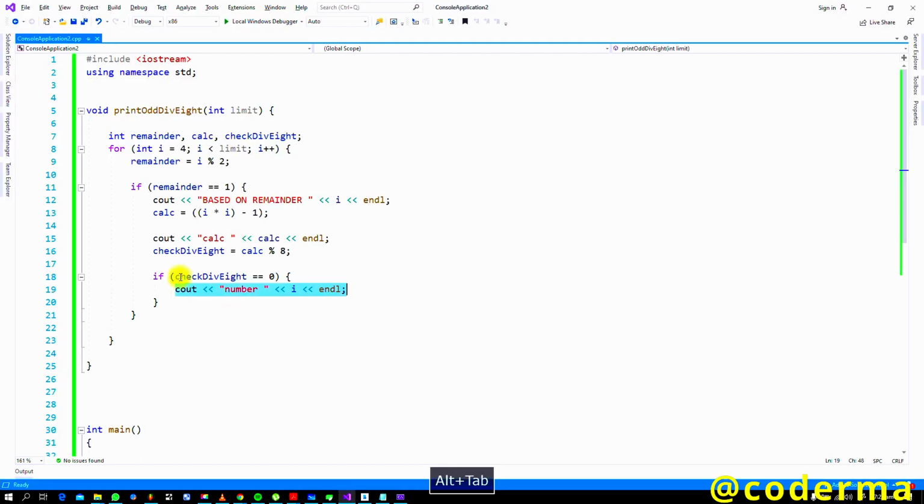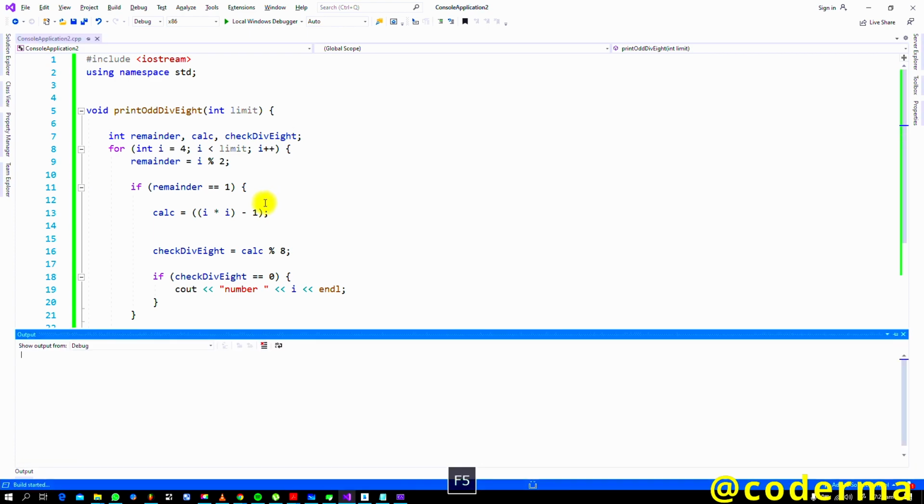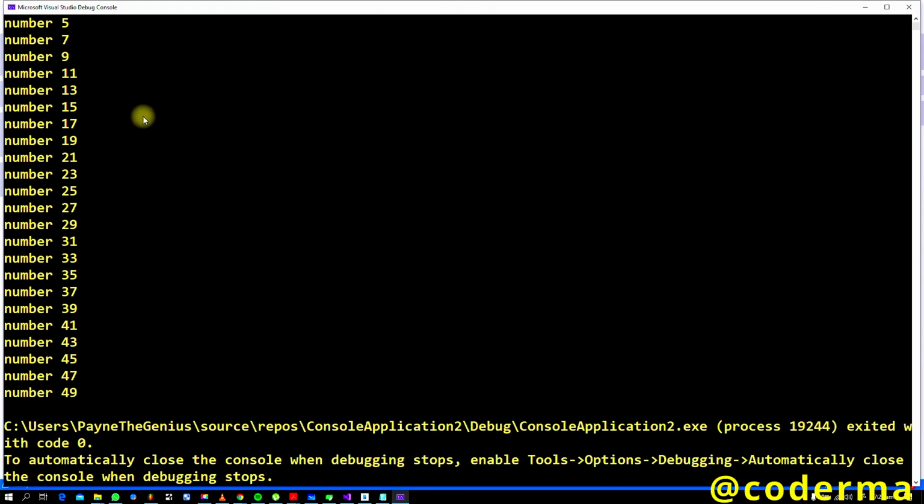But what I'll do now is just remove all these couts, that's helping us see what's going on behind the scenes, indent it properly, and then run the code one more time. So I'll just save and then I'll run it. Here you have it: 5, 7, 9, 11, 13, 15, 17, 19, 21. So I think these are actually all the odd numbers between 3 and 50. So we didn't really need